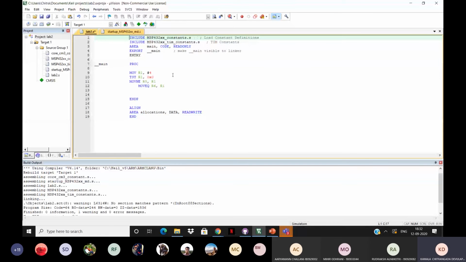So this is basically to find out if the given number is odd or even. The logic that I've used here is, if it's an even number, by default your LSB is going to be 0. Chitra, 1 minute. You'll have to replace the TST R1, 0 with 1. Just replace it with #1. Yeah, sorry for that error. If you've noticed, an even number by default has 0 in its LSB position.